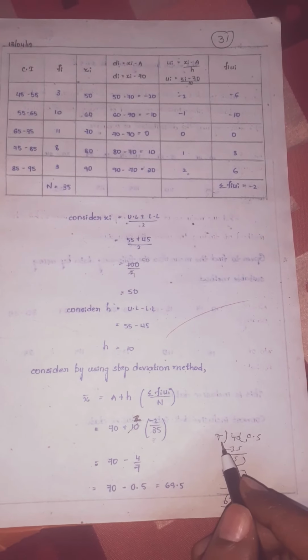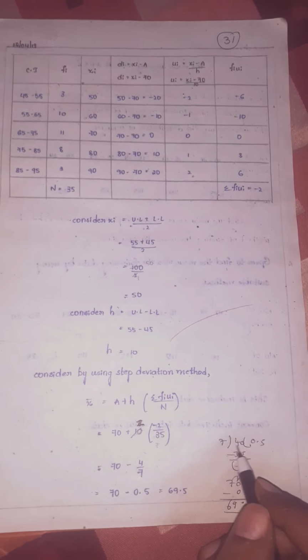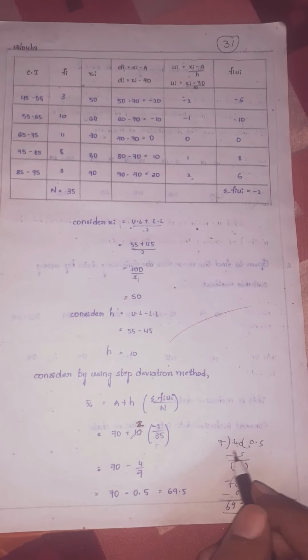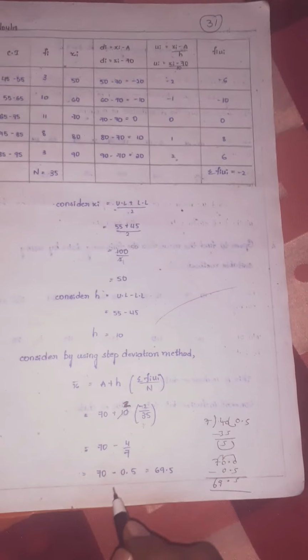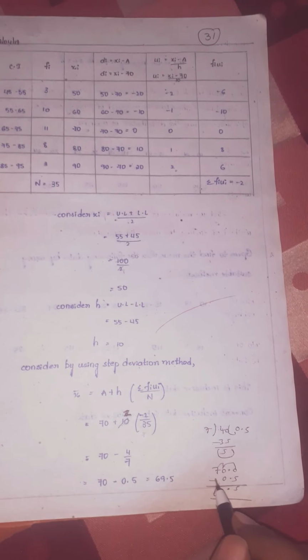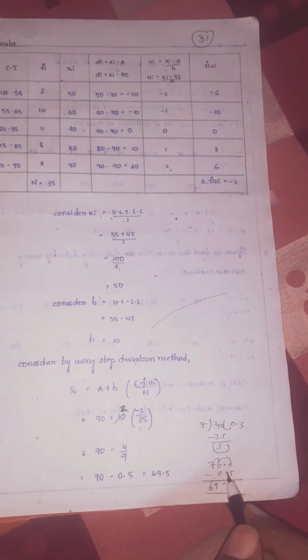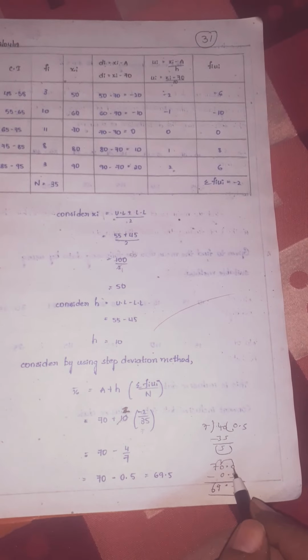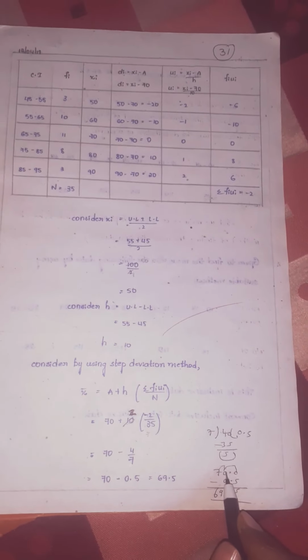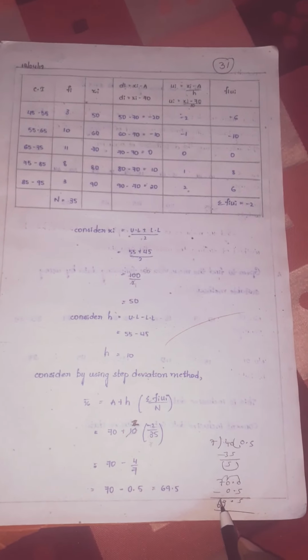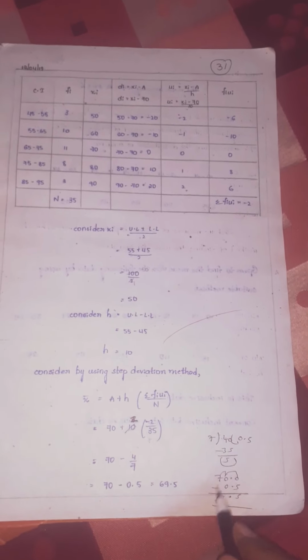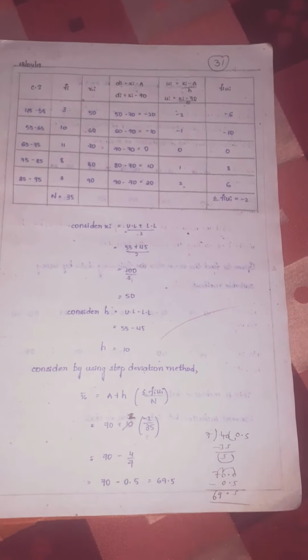So 4 by 7, if you do the division, children. In the 7 table, 4 is not possible, so keep the point. 7 fives are 35. So 40 minus 35 is 5, which means 0.5, children. Now do the subtraction 70 minus 0.5 like this. You should keep the point and you should keep 1 zero. So take a borrow. 10 minus 5 is 5. 9 minus 0 is 9. The borrow we have taken, so 7 becomes 6. 69.5. So this is the way you should do the mean problems, children.